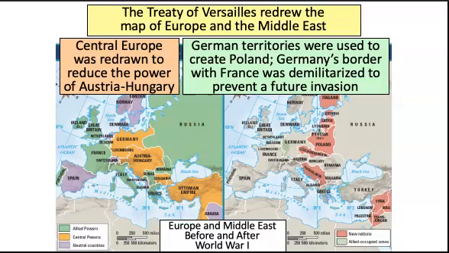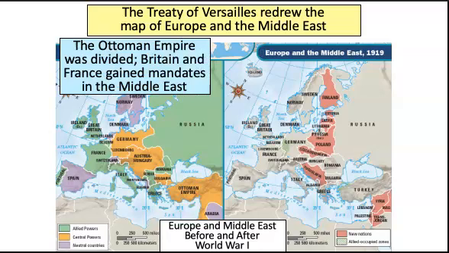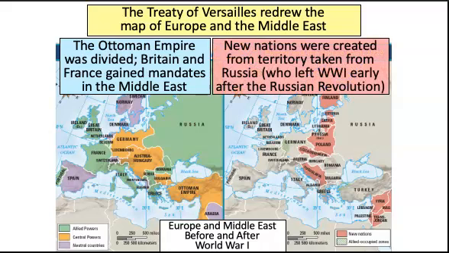You can see on the map on the bottom the before and after pictures of Europe and the Middle East as a result of the wars. The red countries on the right were new nations created as a result of the Treaty of Versailles. Additionally, the Ottoman Empire was divided. Britain and France gained mandates, that means territory in the Middle East. And these new nations were created from territory taken from Russia, who left World War I early after the Russian